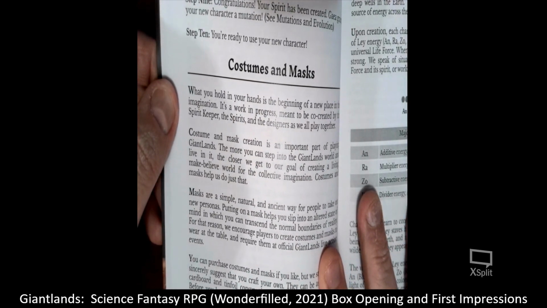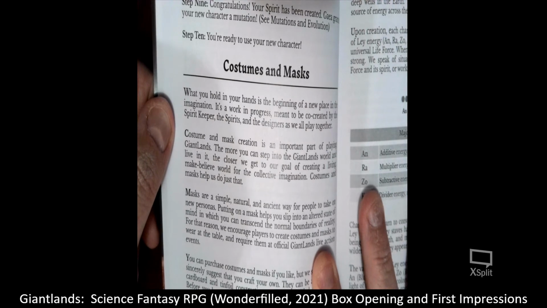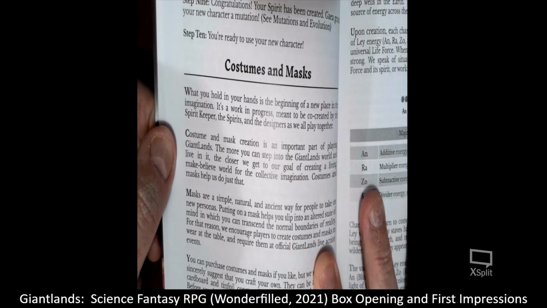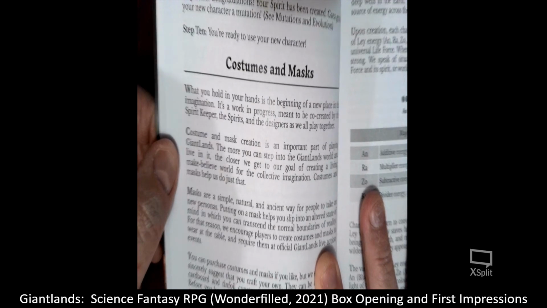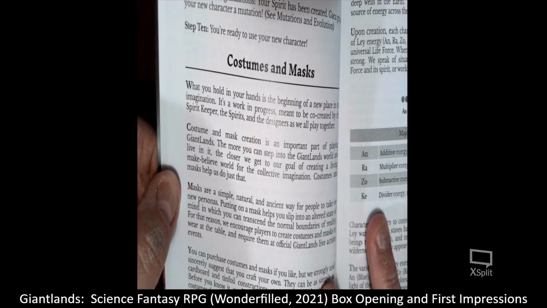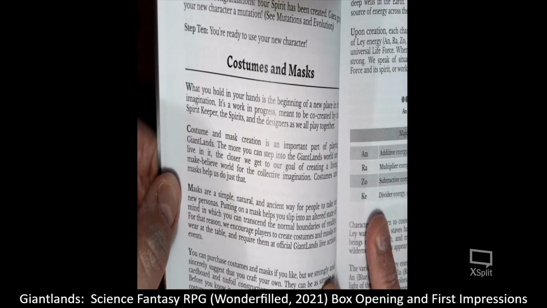So what you hold in your hands is the beginning of a new place in your imagination. It's a work in progress meant to be co-created by the spirit keeper, the spirits, and the designers as we all play together. Costumes and mask creation is an important part of playing Giantlands. The more you can step into Giantlands world and live in it, the closer we get to our goal of creating a living make-believe world for the collective imagination. Costumes and masks help us. Masks are a simple, natural, and ancient way for people to take on new personas. Putting on the mask helps you slip into an altered state of mind in which you can transcend the normal